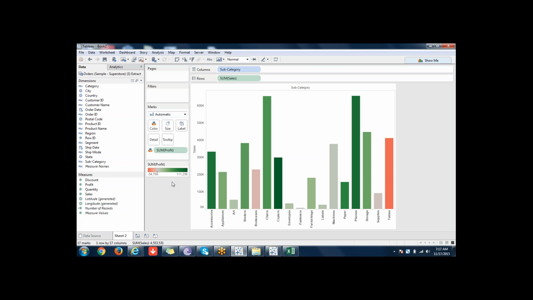So this bar chart is currently showing what? Sum of sales or profit is it showing? It is showing the same sum of sales, because in the rows it's still showing sum of sales, but